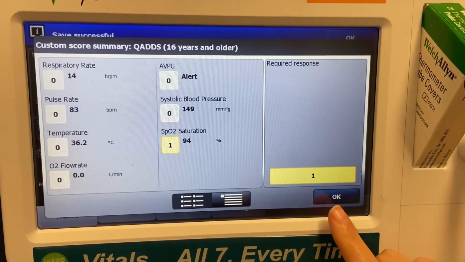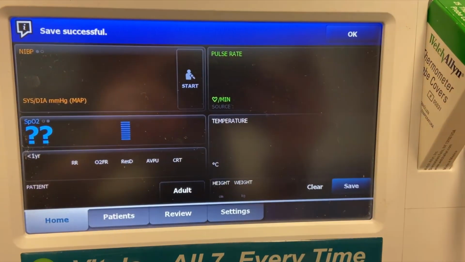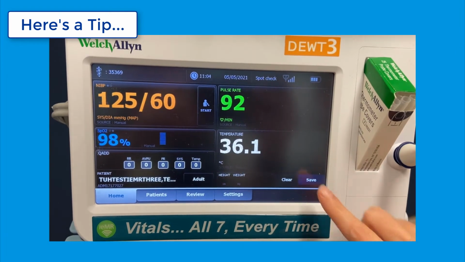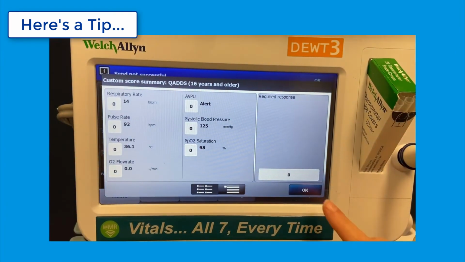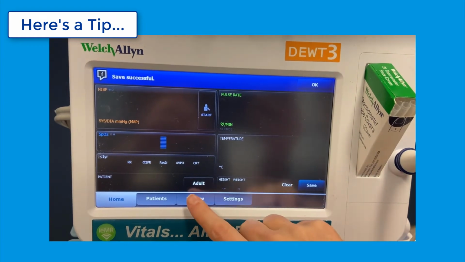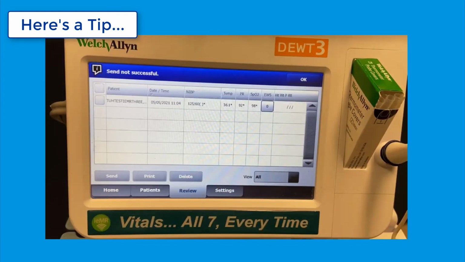Save Successful and Send Successful messages will display along the top as a banner message if the vital signs have successfully sent to IMR. Here's a tip. If Send Not Successful displays in the banner bar, the vital signs will be saved on the Review tab of the Welch Allyn device. The vital signs will not be visible in IMR and will require manual entry into the